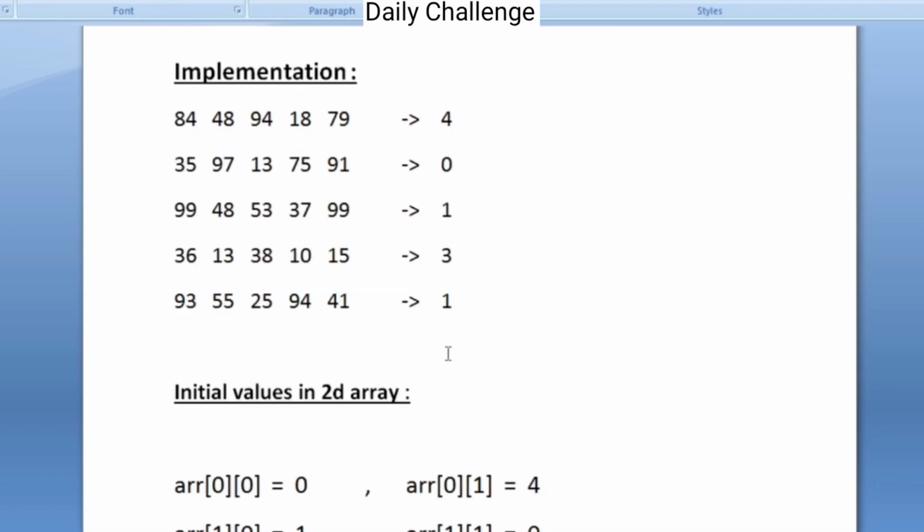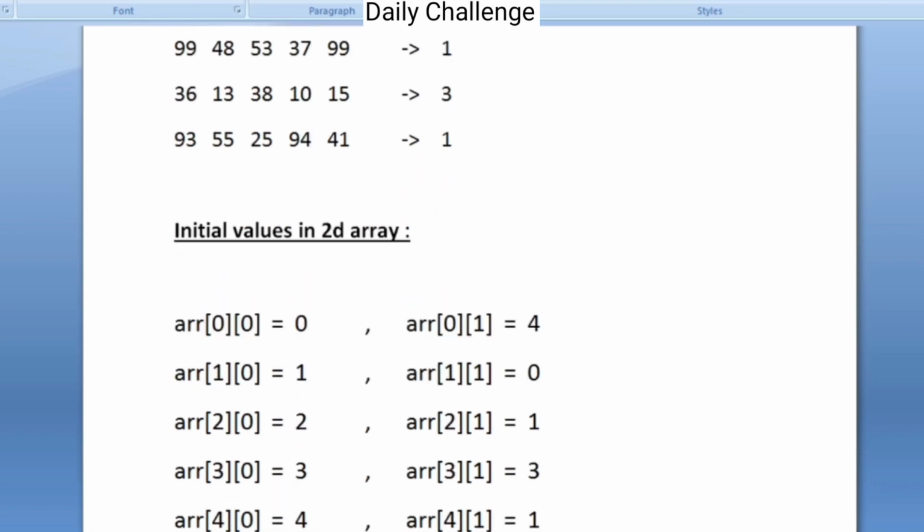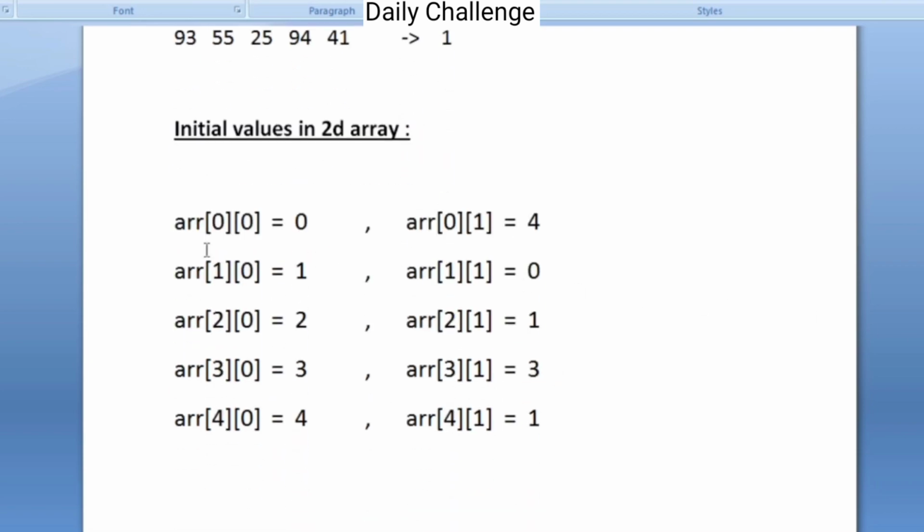This is the input matrix which we have already seen, and we are going to initialize a two-dimensional array named ARR. In its first index, that is 0, we are going to store the row index value, and in its second dimension, that is 1, we are going to store the count of even integers present in that particular row.